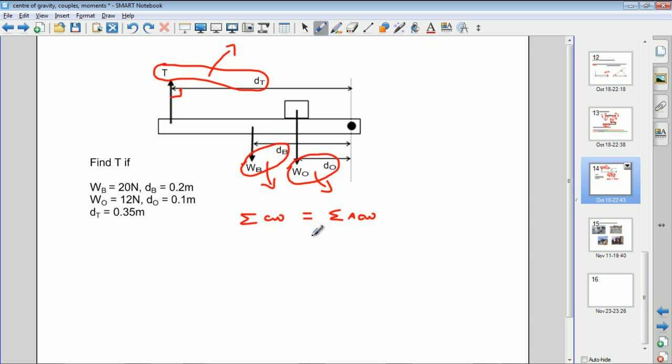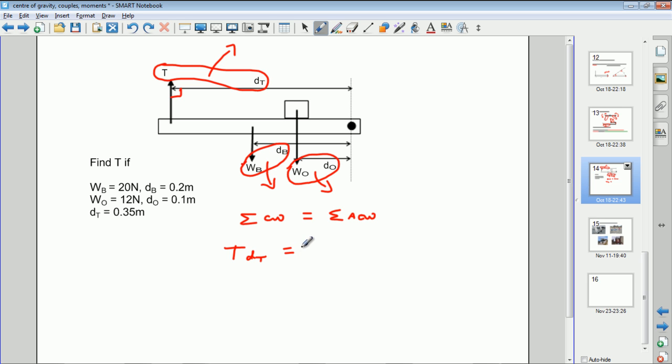You'd state the principle of moments in full, because that might actually get you a mark in the exam. But I think for general problems, you're safe just writing it down in symbols like that. Okay, so then you actually write the moments down. We've only got one clockwise moment here, which is T times dt. Force times distance produces a clockwise moment, and that's the only one on that side of the